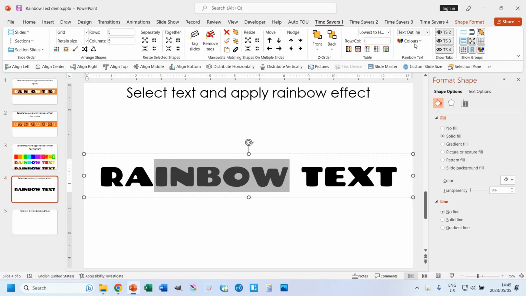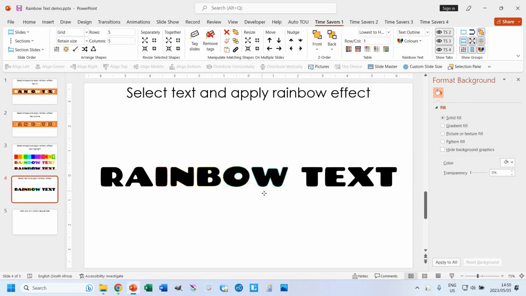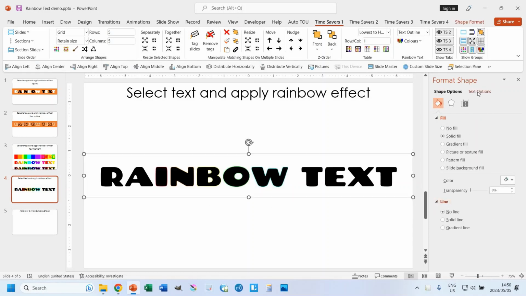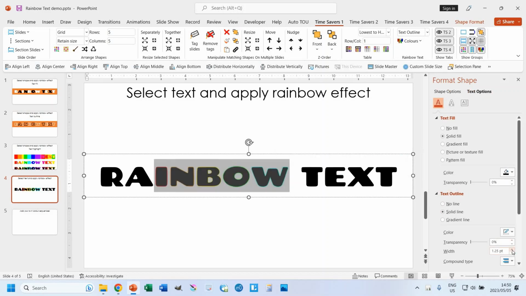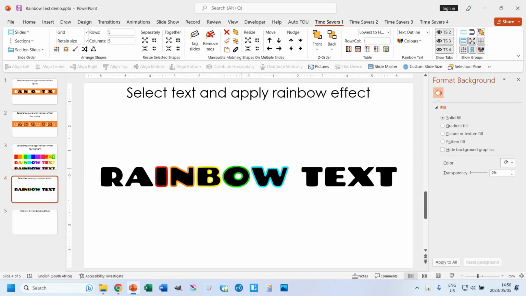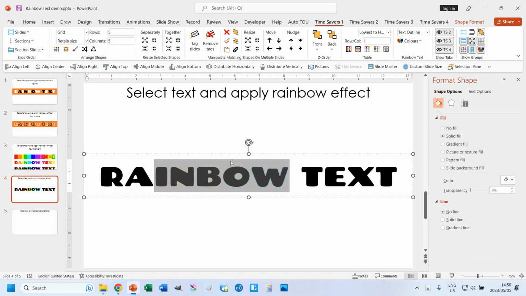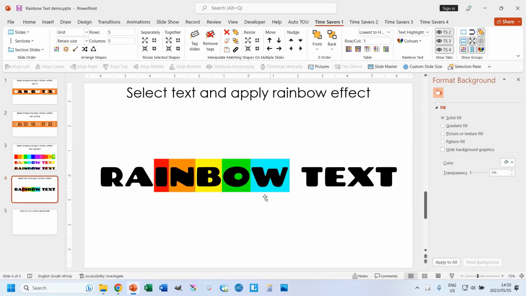You can also do the same thing for the text outline. Now again, you can't see the outline very clearly because it's so thin, so I'm just going to go and increase the outline width over there, and then you can see it more clearly. And the same thing also applies for the text highlight as well, that you can do it for just the selected text if you want to. Okay, then